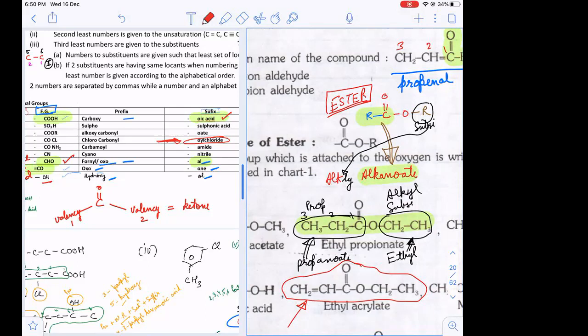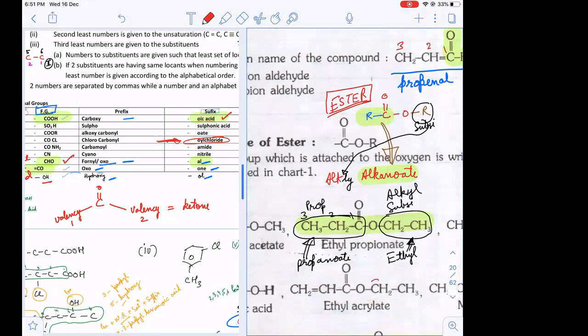See, whenever you are doing IUPAC, first the prefix will come, and then only the other things. So ethyl propane... Okay, there is only one thing missing here. The rest all is correct. And that one thing is... Ethyl is the correct prefix.